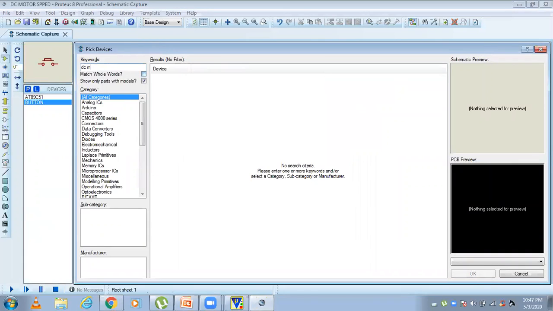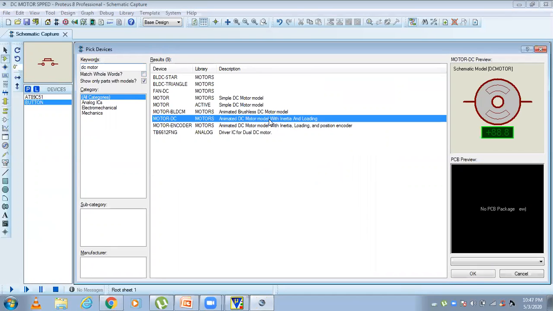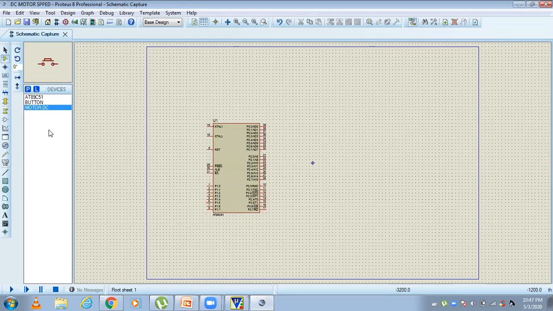Then DC motor. Then motor IC. This motor driver IC is required. Okay. So optocoupler is not required. Directly we can select the motor driver IC.